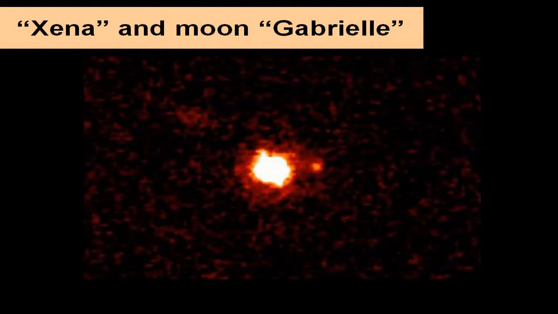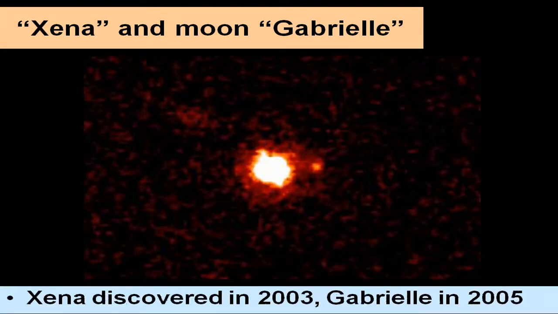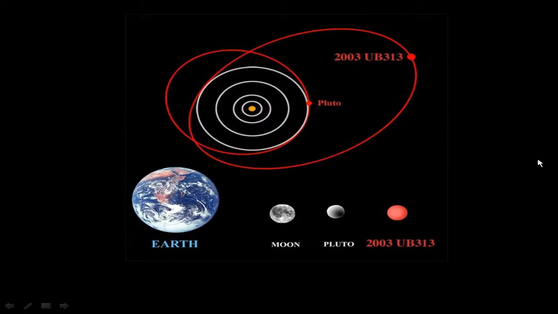In 2003, Xena was discovered. At least that was a name given by the people who discovered it. Xena was discovered in 2003, and it was noted that Xena had a moon, which was named Gabrielle, in 2005. So here's a picture taken by the Keck Observatory of Xena and Gabrielle. The technical name for Xena and Gabrielle when it was first discovered was 2003 UB313,